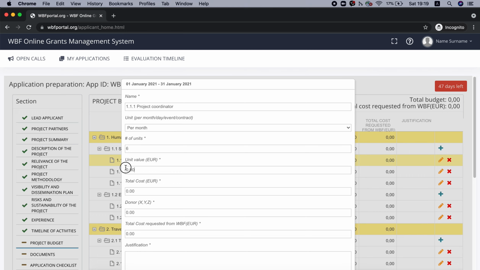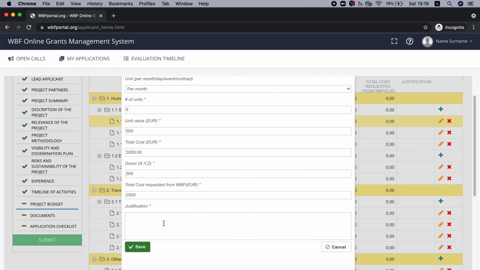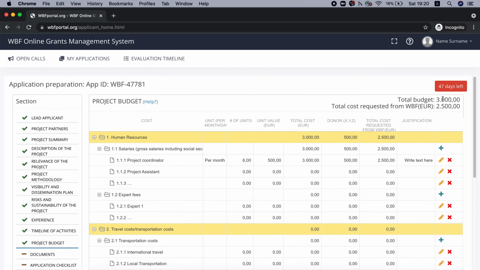Write number of units and unit value. We see that the total cost is automatically calculated. Write how much is covered by the donor and how much from the WBF. Write justification as clearly as possible. Click Save. We see that as we add imports for the specific budget item, the sum is automatically calculated and